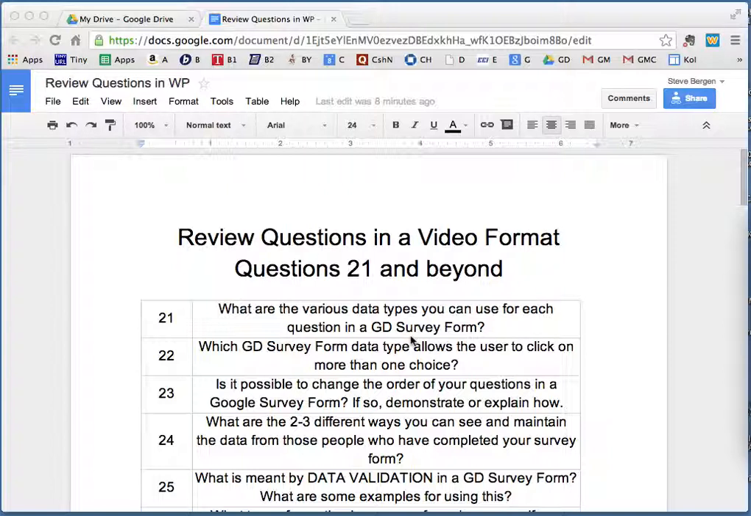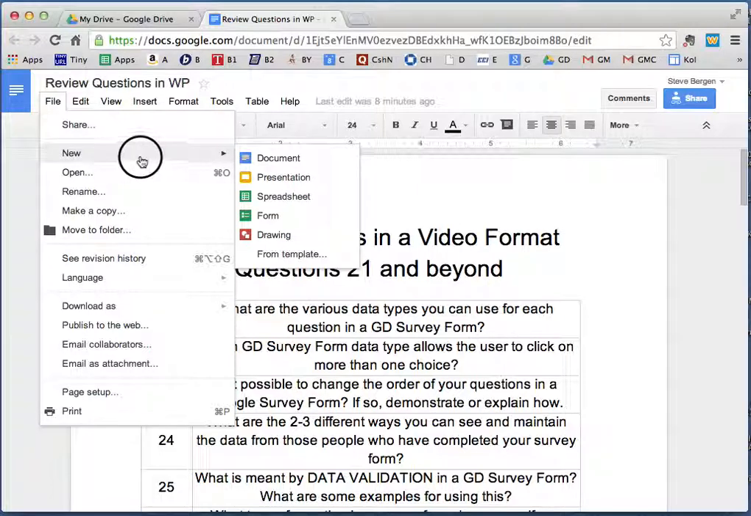Which form allows the users to click on more than one choice? It's checkboxes. Checkboxes allow the person to choose 2 or 3 different choices. Can you change the order? Yes. Let's take care of 21, 22, and 23, and we'll do this quickly by going to a new form